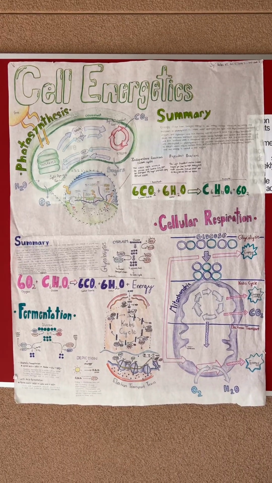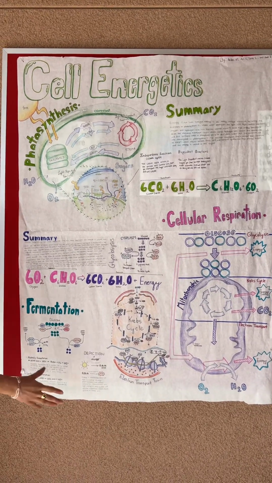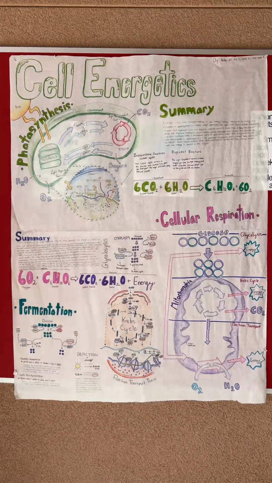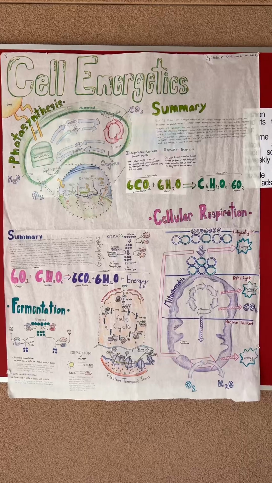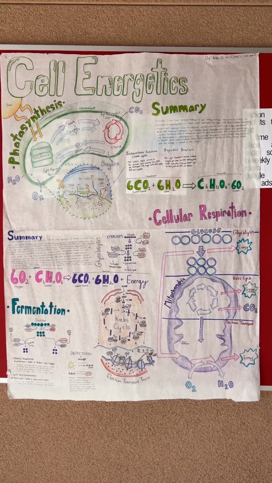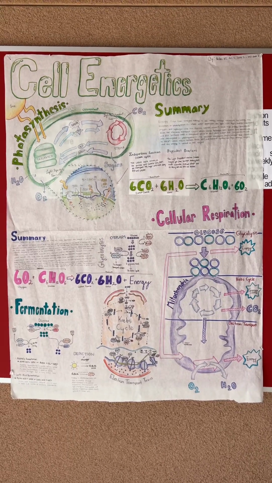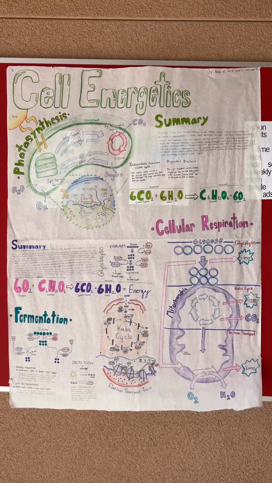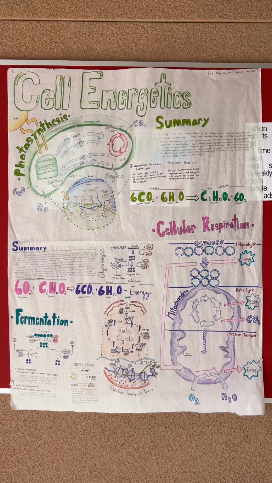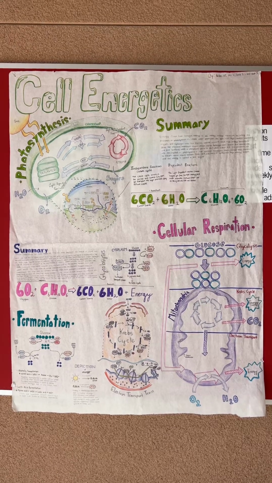Now moving on to cellular respiration. So these are all the components that go into cellular respiration. And our summary of cellular respiration is that it has 3 stages. The first one being glycolysis. One molecule of glucose and NADP+ use 2 ATP to create pyruvic acid, 2 net ATP, and 2 NADH. The NADH is transferred to the electron transport chain, and the pyruvic acid goes to the second stage, the Krebs